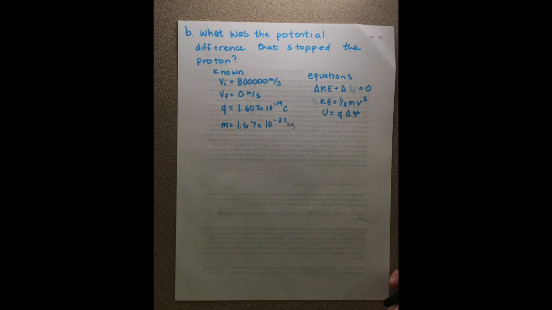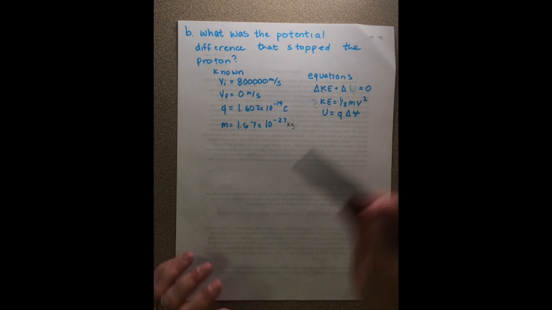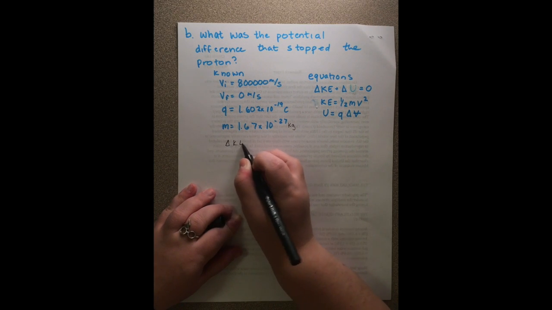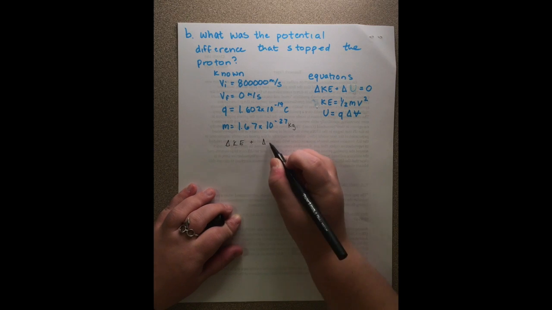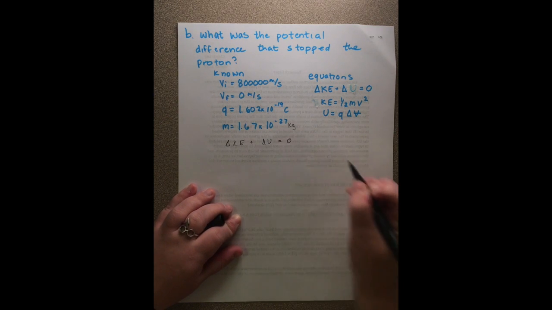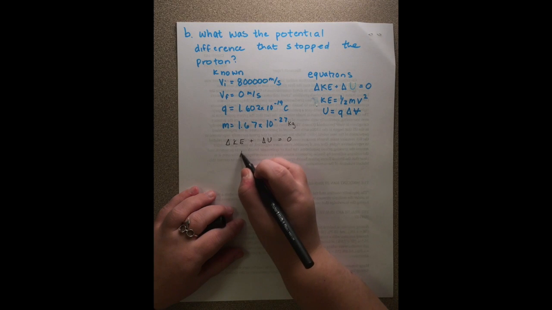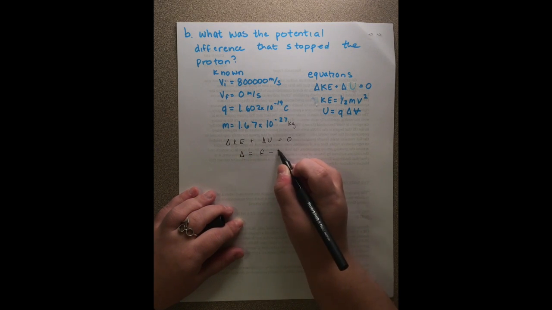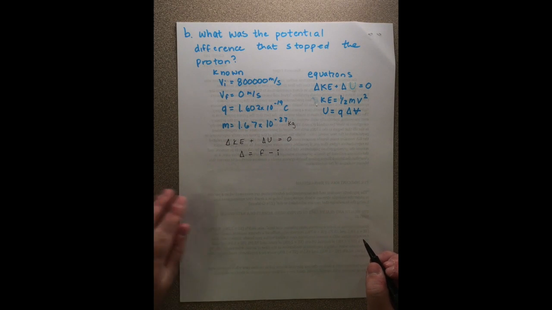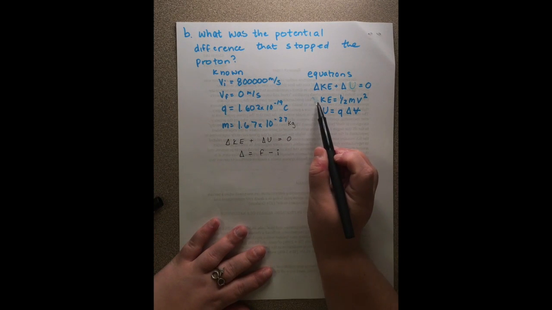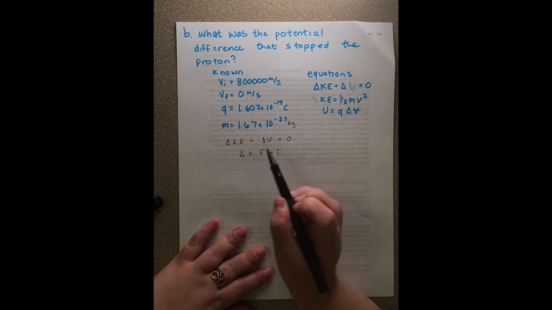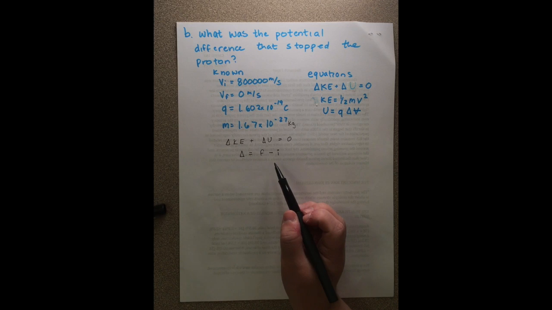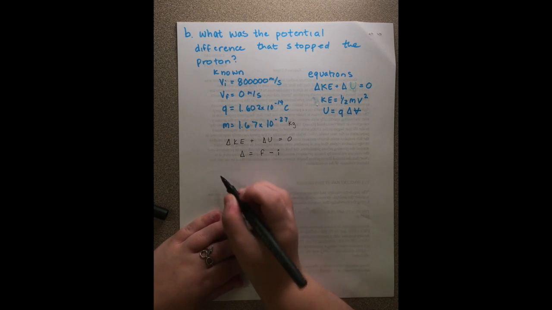In solving this, let's again start with this equation that says that the change in kinetic energy plus the change in potential energy is equal to 0. Now it's useful here to remember that a change is always final minus initial. Substituting this in for the kinetic energy and this for the potential energy, as well as including these final minus initials, we get the equation that looks like